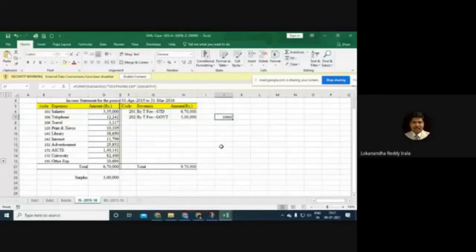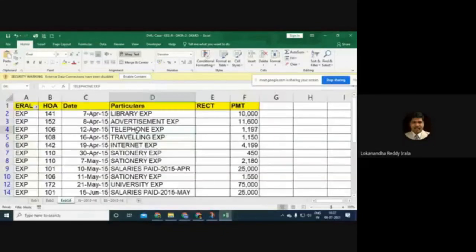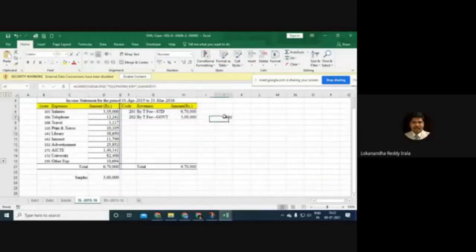Did we get the answer? Yes or no? Yes, sir. Yes, but we did not get the right answer. But we got some answer. Now the use of codes is to overcome this problem. Somewhere the accountant has misspelled telephone, so it is not capturing. The accountant has not uniformly mentioned this. Somewhere you would have given one extra space. To correct that problem, the code is the solution. But even without code, you should get this idea, that you can fix it using SUMIF. That is the point that I'm trying to make.